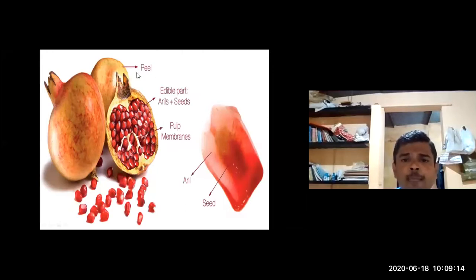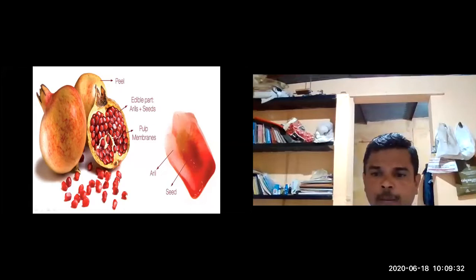Okay, so this is another picture. So the peel, that is the edible part. These are seeds. That is aril with the seed, the edible part. You can say botanically, if they ask in the examination, you can say aril with seeds, edible part, bija. This is the pulp, membrane pulp. Here in this picture you can observe, the whole part we used to say as the aril, which is filled with the juice, and inside that the seed will be present.